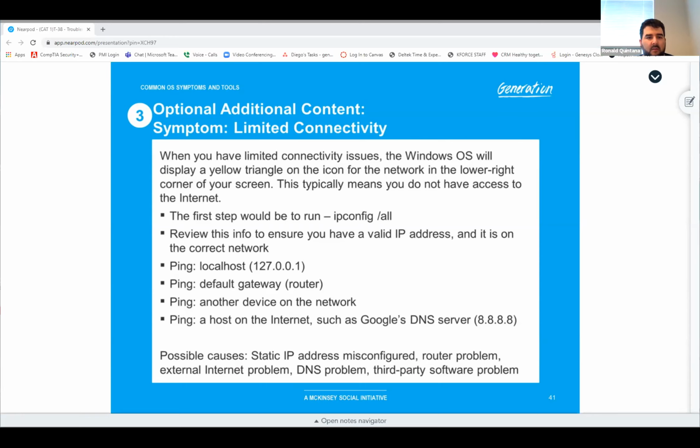Optional additional content, symptoms, limited connectivity. When you have limited connectivity issues, the Windows operating system will display a yellow triangle on the icon for the network in the lower right corner of your screen. This typically means you do not have access to the internet. And the first step is to run ipconfig /all. Review this info to ensure that you have a valid IP address and it is on the correct network. You can also ping a local host, which is